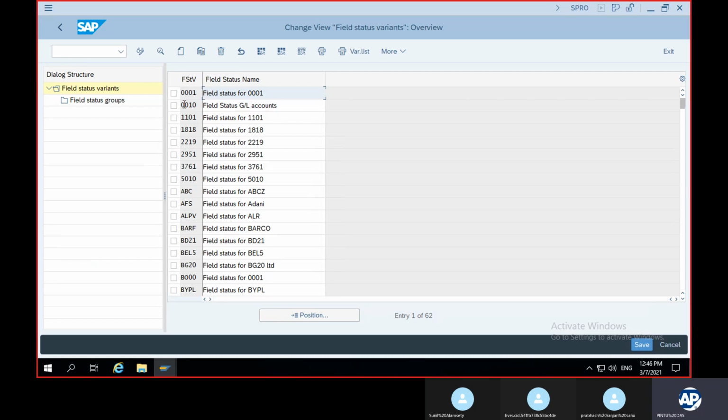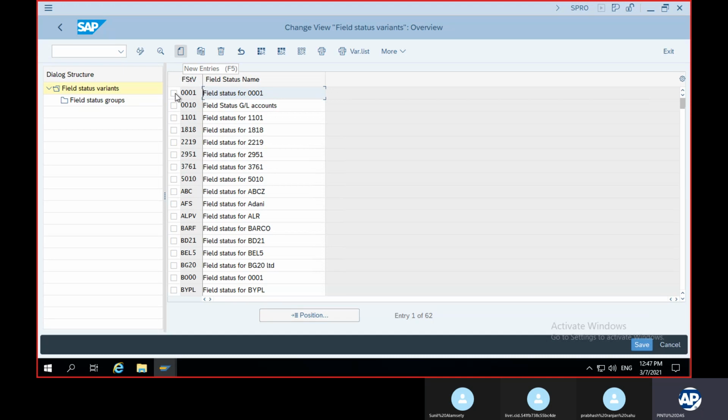See, these are all SAP defined variants, right? So what do we do? You can create your own variant, but it is advisable to avoid inconsistency. SAP has strictly recommended to copy the SAP defined one. In HANA, in fact, a lot of things have been covered. SAP always recommends copying the existing one, just to avoid inconsistency. So I will copy the SAP defined one, this 0001 field status variant.